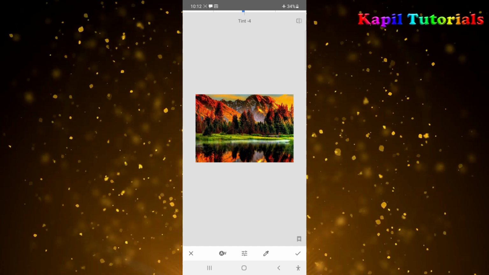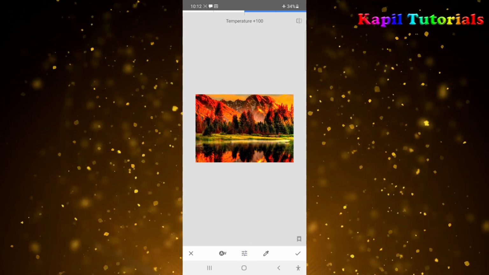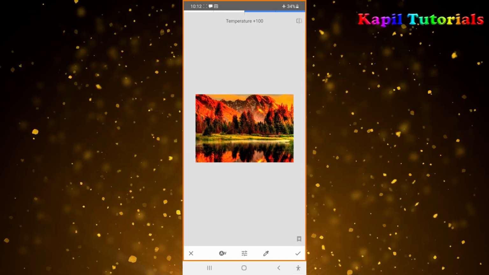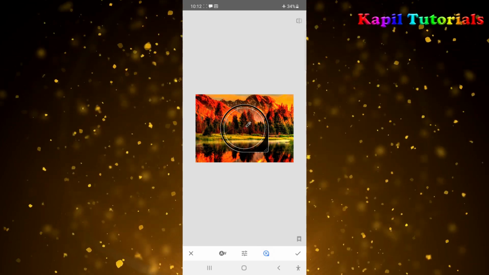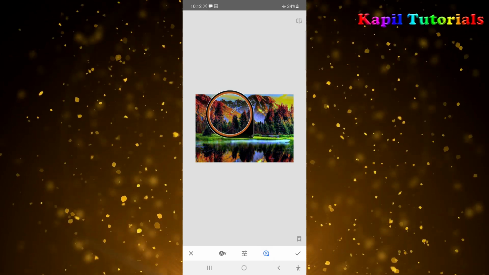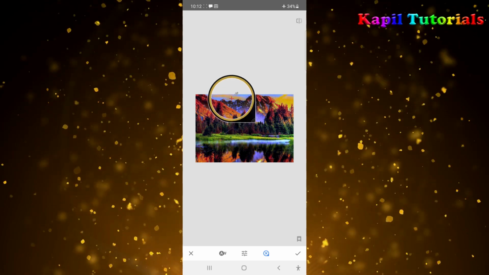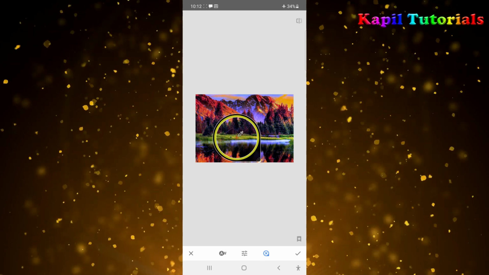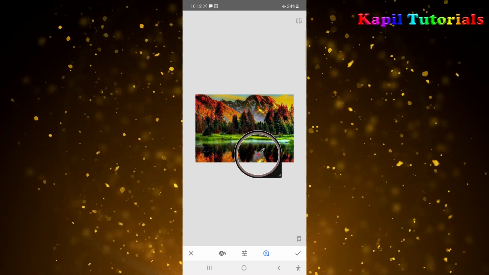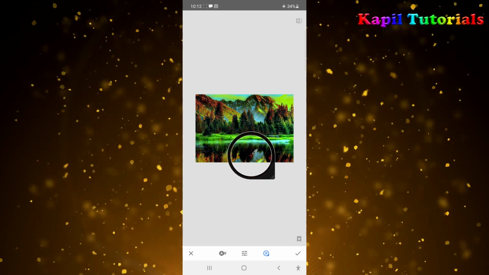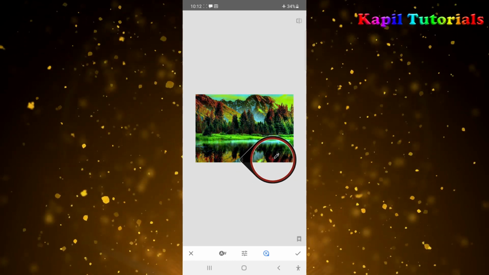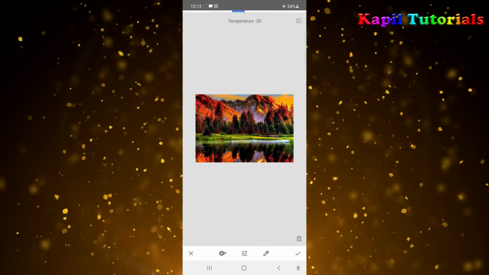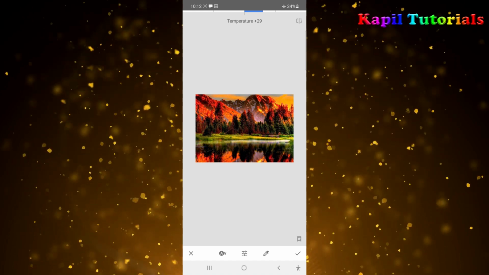Okay, then again, if suppose I am increasing the temperature, and here you could see this option. If I click this, like color dropper, it also changes the variation of the colors by selecting the particular color. Like I am selecting green, according to that color it will affect the whole image. You could see. So I hope this is also clear to you. So I'll close this also.